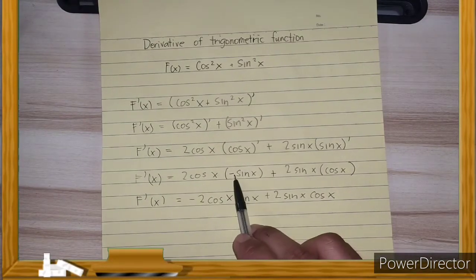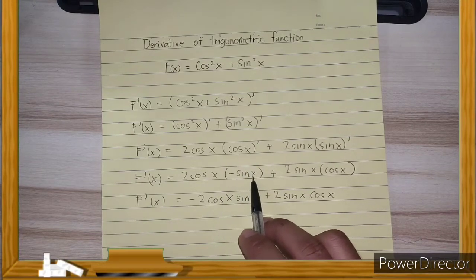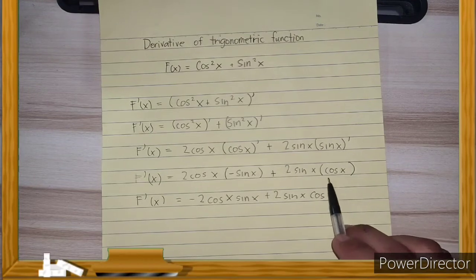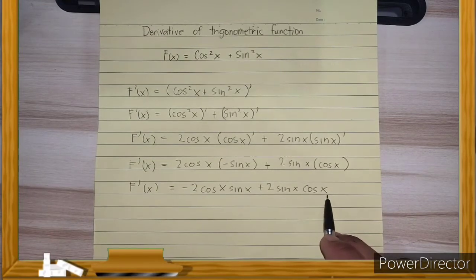It becomes sine x because the derivative of cosine x is equal to negative sine x. And then the derivative of sine x is equal to cosine x. As 2 sine x cosine x is equal to sine 2x, the final expression for the derivatives are